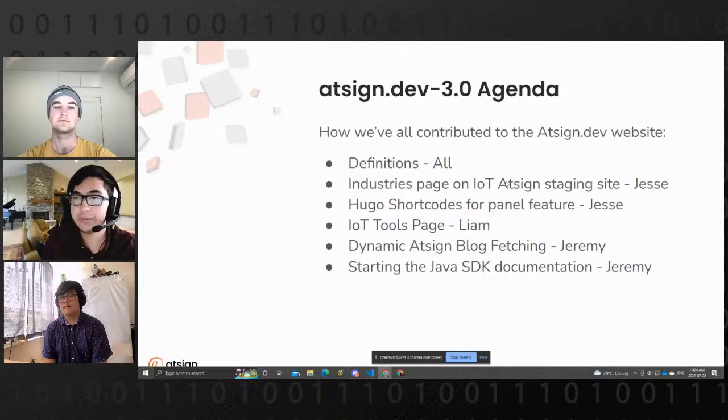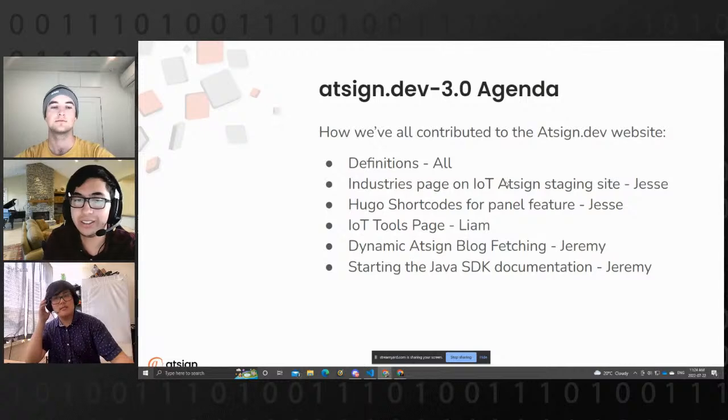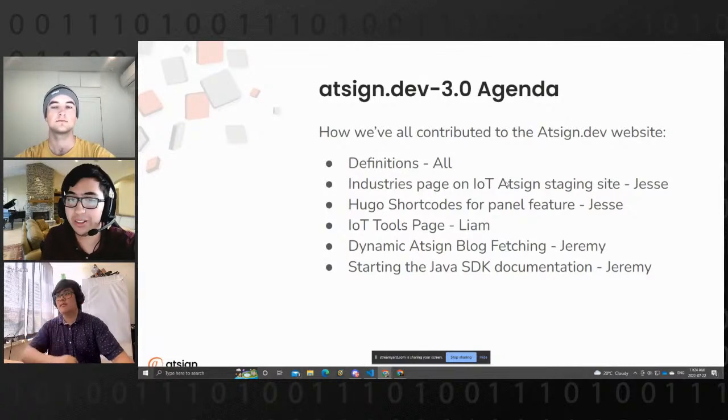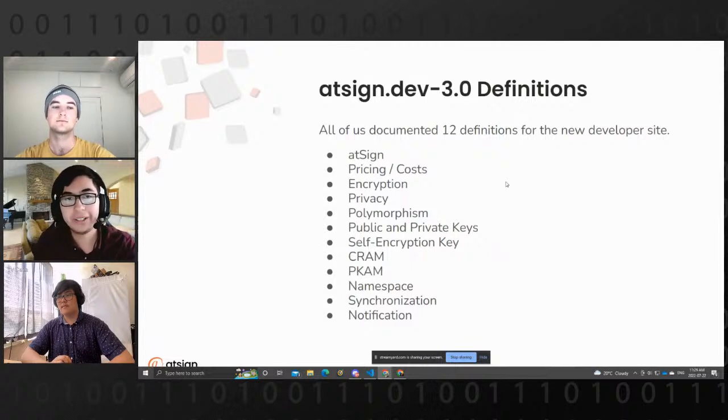And then Liam worked on the IoT tools section of the page. And then Jeremy implemented a really cool Hugo feature in HTML, which fetches dynamic blocks using JavaScript, as well as doing a lot of the Java SDK documentation. He was pretty fresh off the Java SDK, but he implemented a lot of different tools that we'll be talking about. Okay, so let me start off by putting out all the definitions that we have made